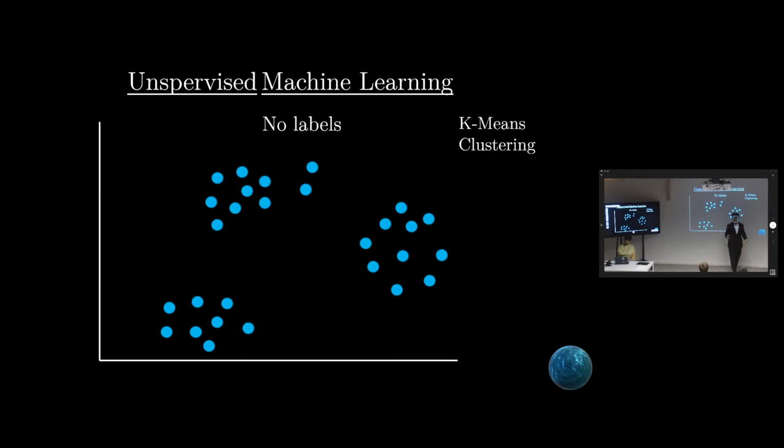What it's going to do is drop some random clusters. So let's say, for example, drop this cluster blue, this one red, this one green. And then it assigns the colors depending on who's the closest one to each cluster. For example, this one would be green because it's closest to the green one, these are red and these are blue. Next step is that you center your clusters into your data set. For example, the blue one would come to this center, because the algorithm says that it centers itself. The red one would probably come somewhere here, and the green one somewhere here. And then it repeats itself again. First we reassign the colors, and then it repeats the same process until it converges and doesn't change much anymore.